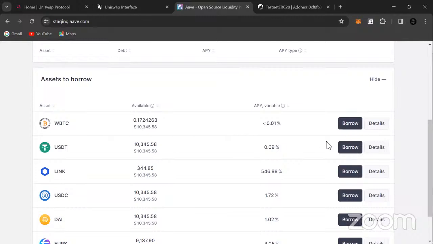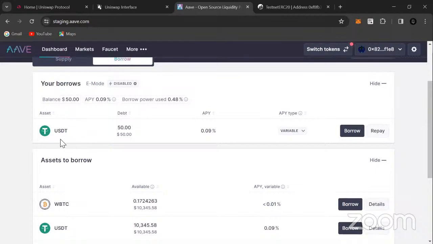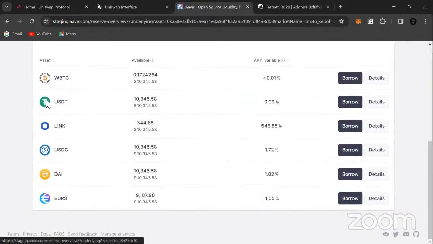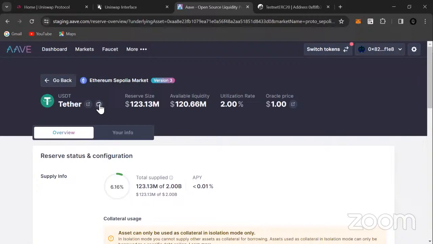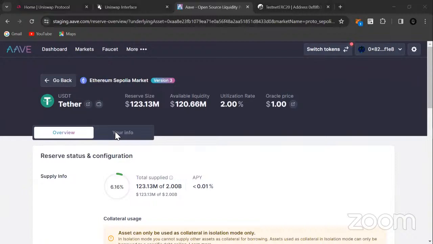So I needed to add that to my wallet. So in the borrowed here, we borrowed 50 USDT, and I just needed to add that to my wallet. So let's just add USDT to the wallet. I think we can do that directly. Yeah, let's just add USDT to our wallet so that we can see, right? So you see the balance here is already 50 USDT.